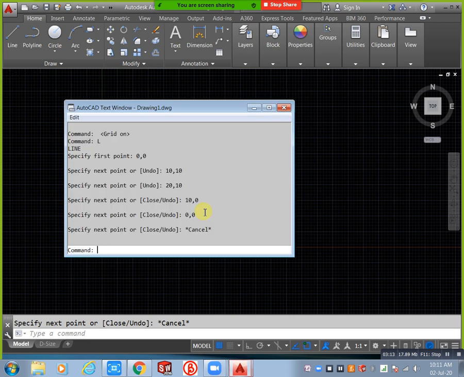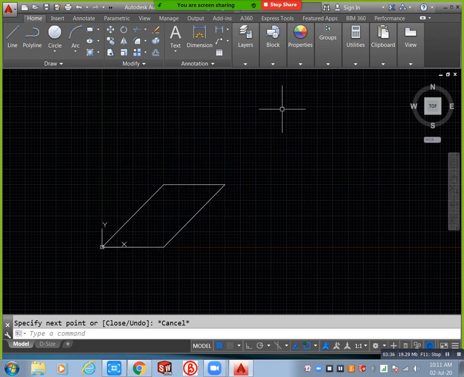How can we check my data? Directly press the F2 function key. When you press the F2 function key, it automatically shows an indicator like this. Command L, then specify first point 0,0 and specify second point 10,10. Based on your requirement you can mention all the values, based on your figure. Now clear now. This is the F2 function key, just for history purpose. If you need to check any history or any previous data, directly press the F2 function key on the keyboard. Then you will get your result.